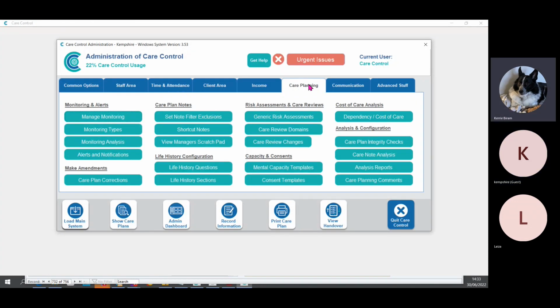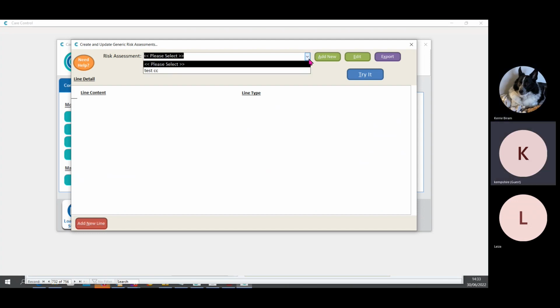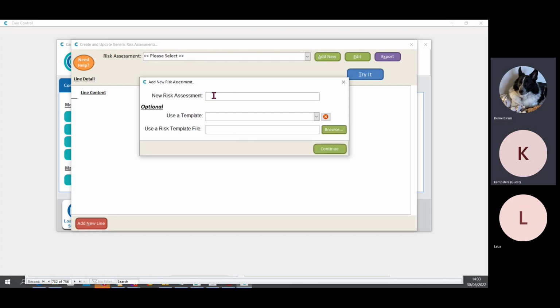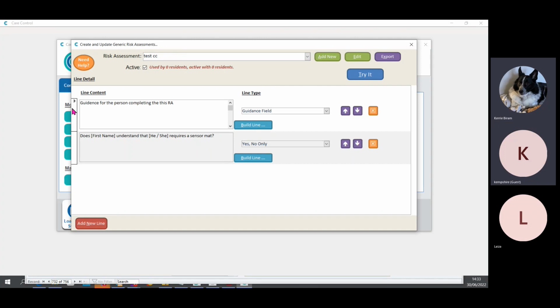Okay, so it's in the care planning tab here, and right underneath you've got generic risk assessments. So you're building it as a generic. It's not for a particular person at the moment. So what you would do is add new, add in the name of your risk assessment and click continue. I'm not going to do it again because I know I've got one here. It will open up. Okay, so then you would do add new line, and it'll open up this box here,